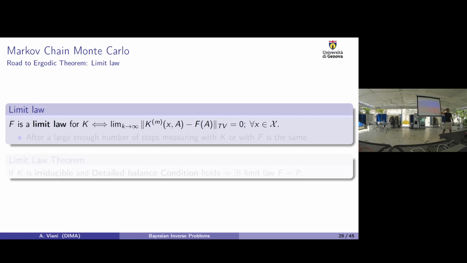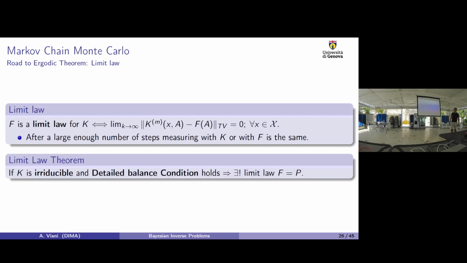if I use a lot of steps, then measuring with the chain and measuring with P is the same. So I start with P0, I hope that the limit law exists, and I hope that the limit law is P, and then I'm able to reach it. So after a large enough number of samples, I can reach the limit law. Excuse me? Why the total variation? Yeah, this is just a definition. I think that maybe one can use a different measure, but